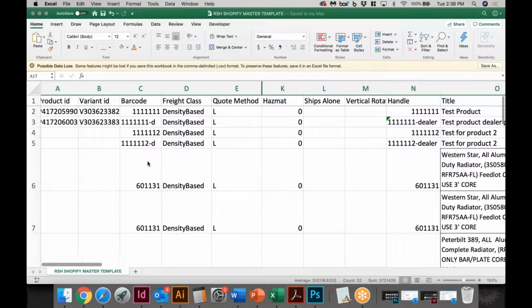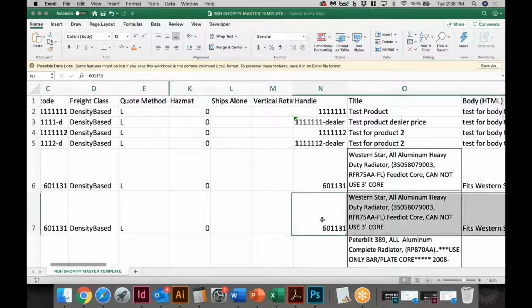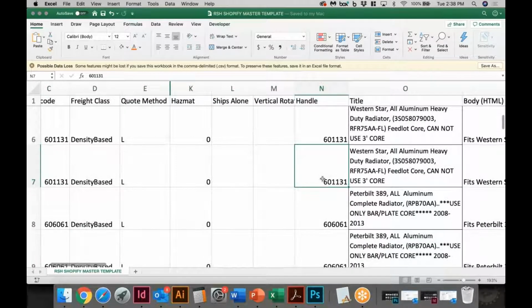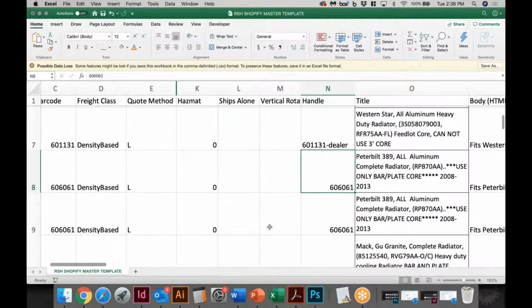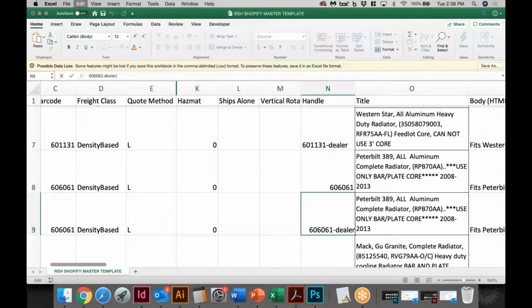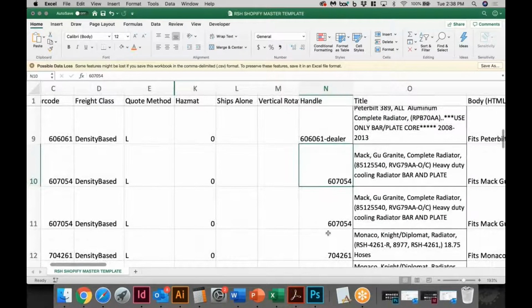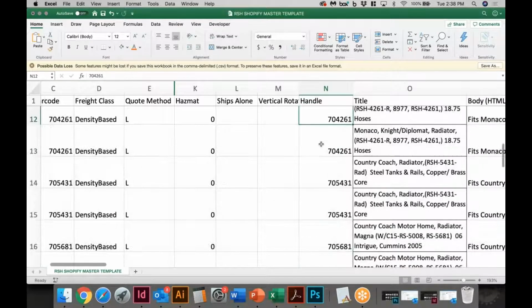So go to the handle right here, and you will do it for every alternate row. So this one you add that in, and then skip one. Next one you add that in, skip one. Next one you add that in, and then